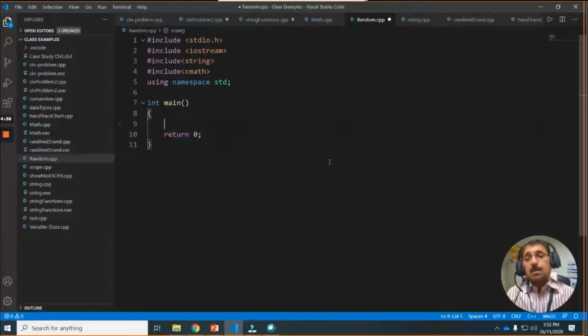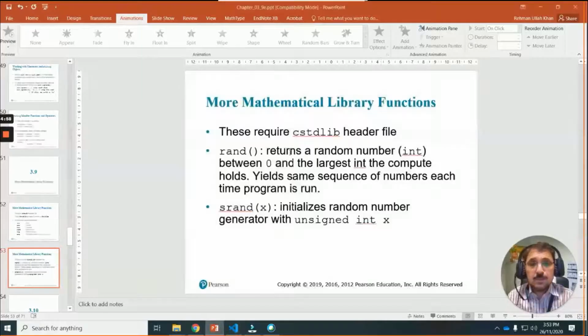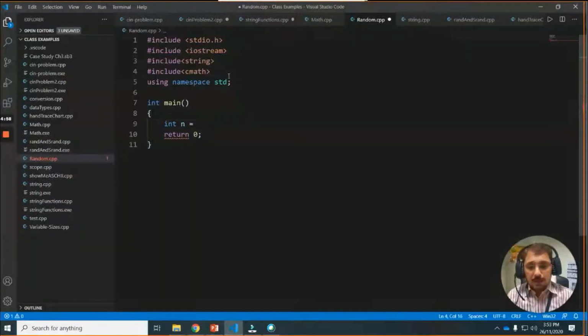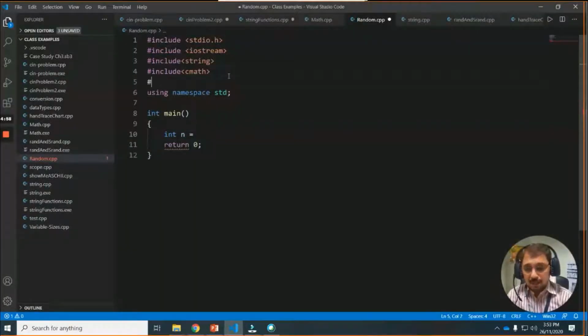Okay. Now, if I create a variable, let's suppose n equal to, oh, the point is that if I want to use a random number, then I should include this library first, cstdlib. Okay, so we will include this one, hash sign include cstdlib.